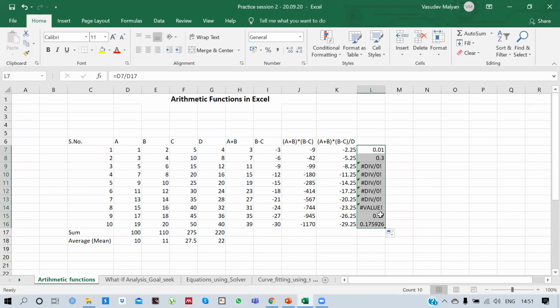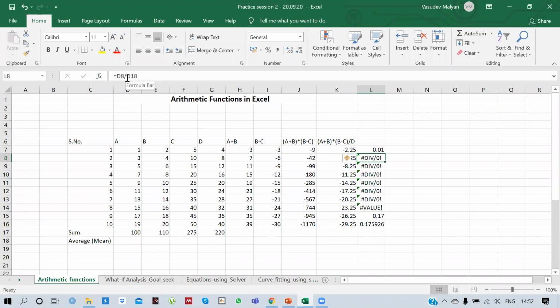It's not giving me any value, because now if I also delete these for a second, it will not give me any value. And why? Because while we are dragging it all the way here, it is also changing the cell which is being divided.